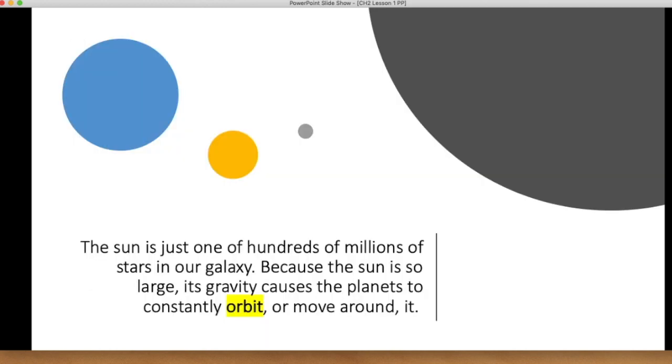The sun. The sun is just one of hundreds of millions of stars in our galaxy. Because the sun is so large, its gravity causes the planets to constantly orbit or move around it. So I'm going to start out with